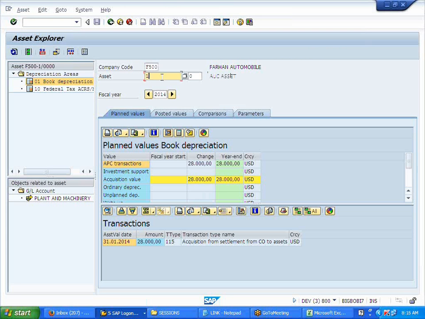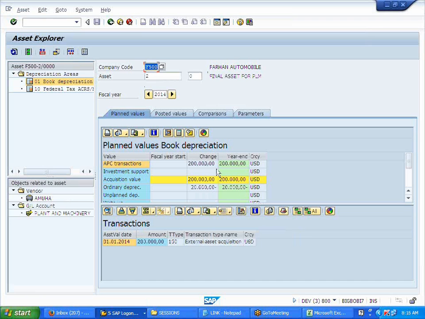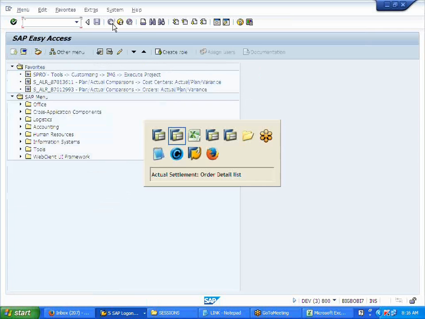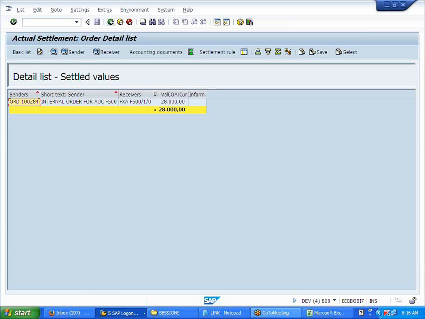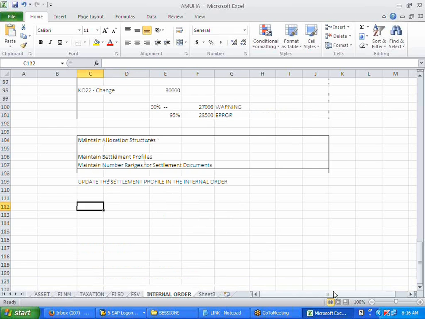Now from the AUC, it should move to the final asset over here. We are not getting this yet. Now it should move from there to here. With KO88 we have moved the cost from the order to AUC.